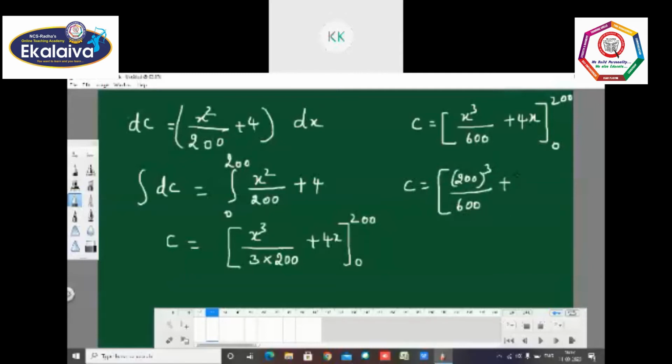So C equals the upper limit. What is the upper limit? 200 the whole cube by 600 plus 4 into 200, upper limit minus lower limit. The lower limit is 0. Therefore, C equals